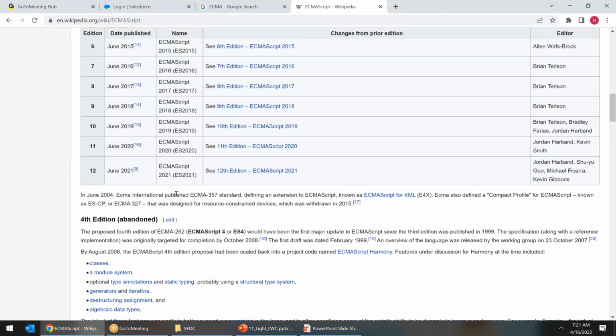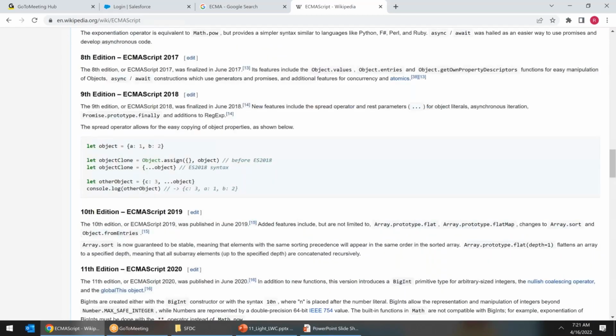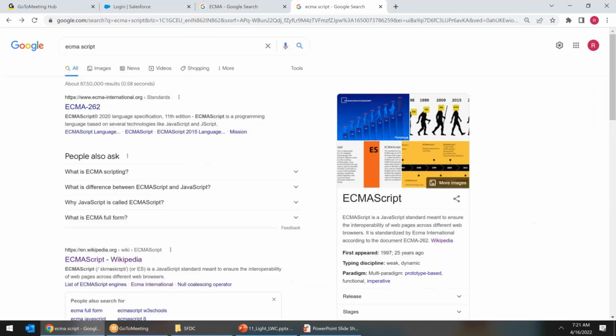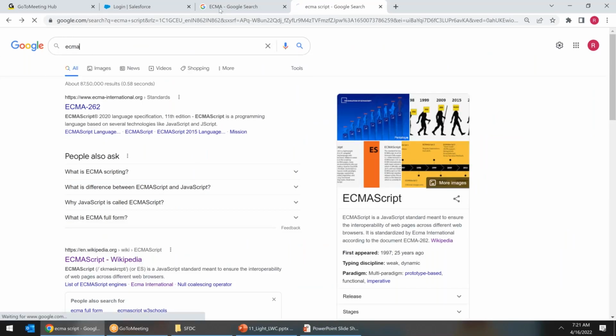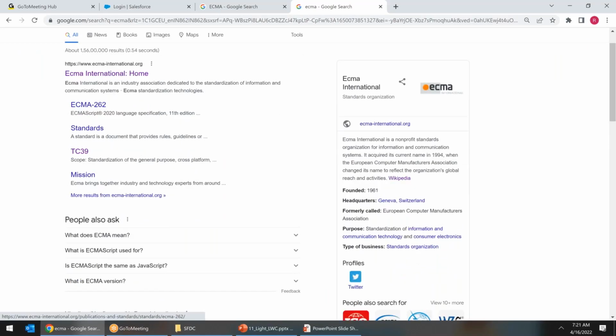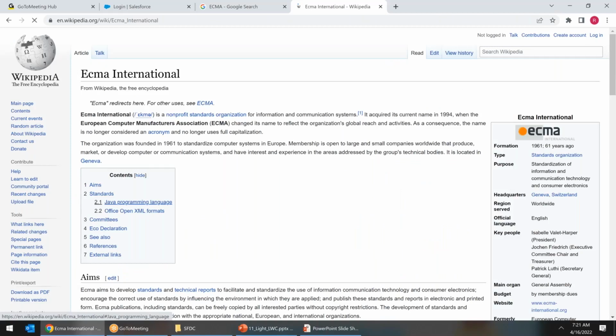What are the different scripts available? Rather than showing you the 6th edition, 7th edition, let me show you in a proper way. Let me go to Wikipedia. That will be better. I scroll down. Here we go,